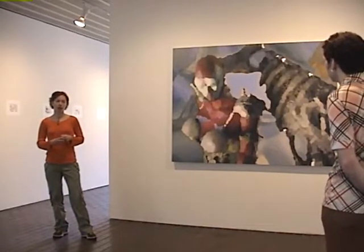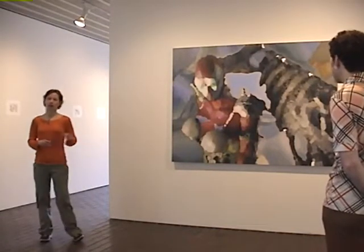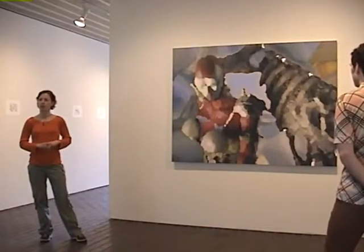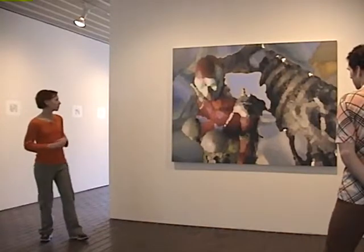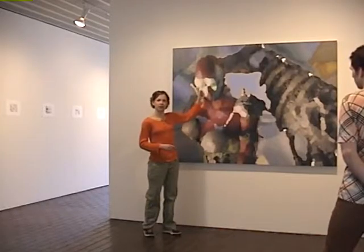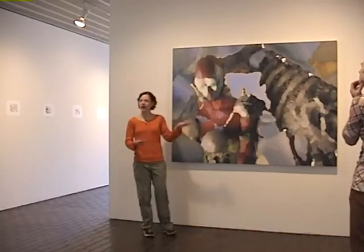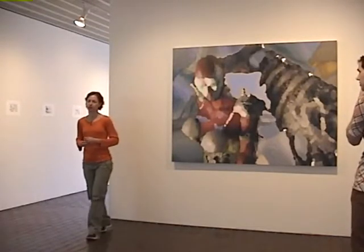I like the fact that it's a little more challenging to understand the figure. At this point, it's a bit hard for me to be objective about it. When people were coming over to my studio at various points in the production of this one, pretty much nobody could see the figure. It was very, very hard for people to see the figure, and it was really only in the last month that it popped out. Mostly because the final work was the eyes, the green eyes. And for some reason, I don't know what you all see, but I think that now the figure's a little bit easier to recognize than